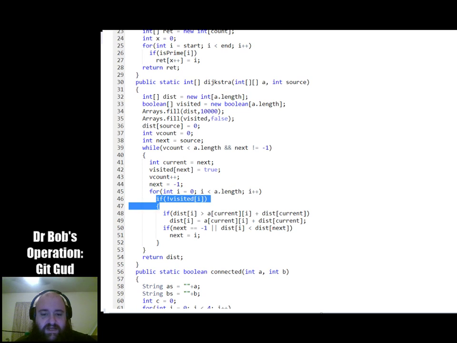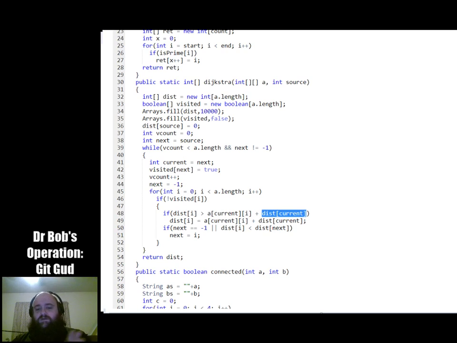We check if it's not visited. Then we check to see if the current distance to that node is greater than the distance to the current node, and keep in mind that this distance array represents distance from the source.